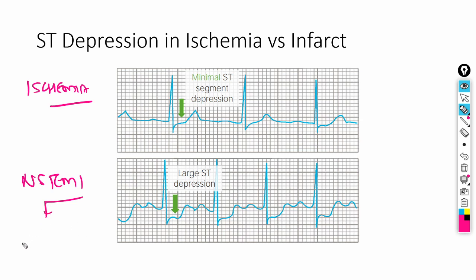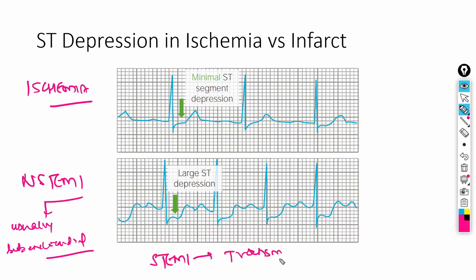The non-STEMI or non-ST segment elevation MI has an infarct that is usually subendocardial. On the other hand, ST segment elevation MI has a transmural infarct. So in non-ST elevation, there is a small injury which is only localized to the subendocardial part of the ventricular muscle mass. On the other hand, ST segment elevation has a transmural injury associated with electrical holes in the heart. And minimal ST segment depression, which is reversible, can be found in angina or ischemia, which can be reproduced by